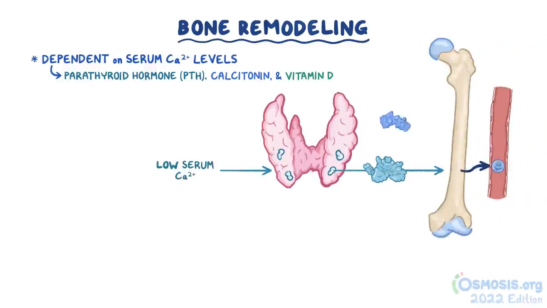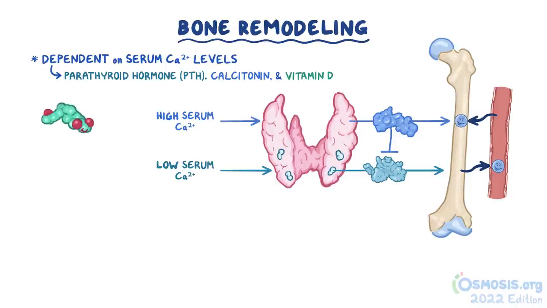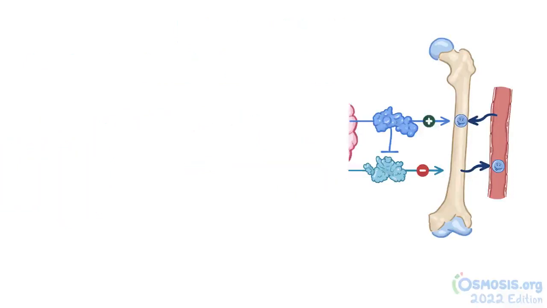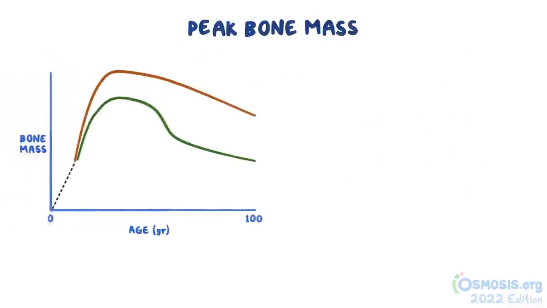On the other hand, calcitonin is produced by the thyroid gland in response to high serum calcium, so it opposes the action of PTH, therefore promoting bone formation and decreasing bone resorption. Finally, vitamin D promotes calcium absorption in the gut, so it increases serum calcium, promoting bone formation and decreasing bone resorption. The balance between these regulatory factors results in a peak bone mass, usually by age 20 to 29, and